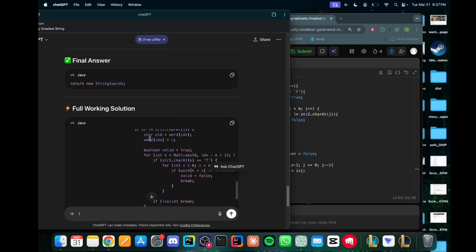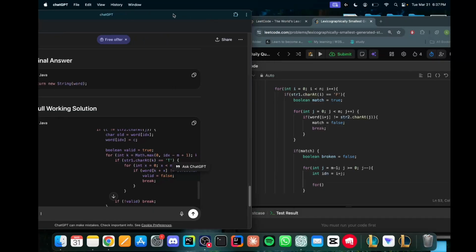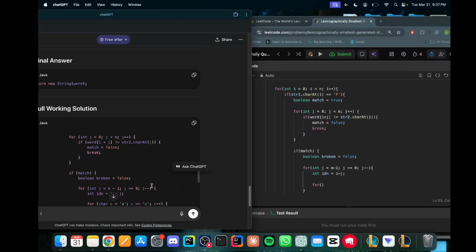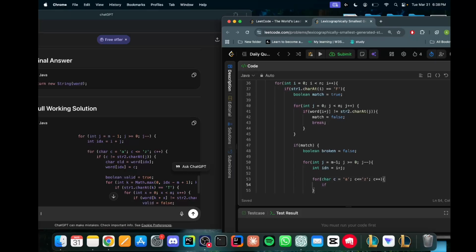So what are we doing here? For character c equal to small a, and c must be less than or equal to z, c plus plus. If c is not equal to str2.charAt(j),